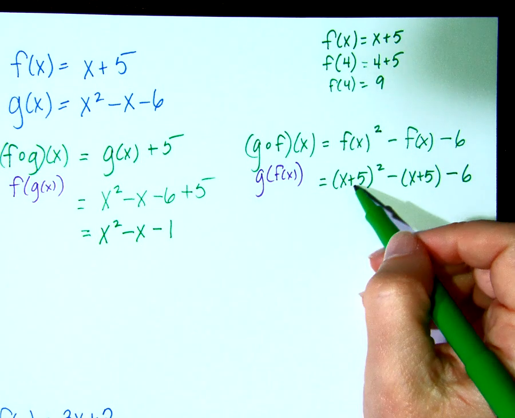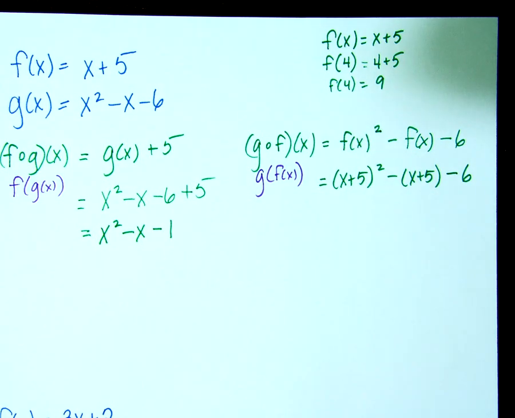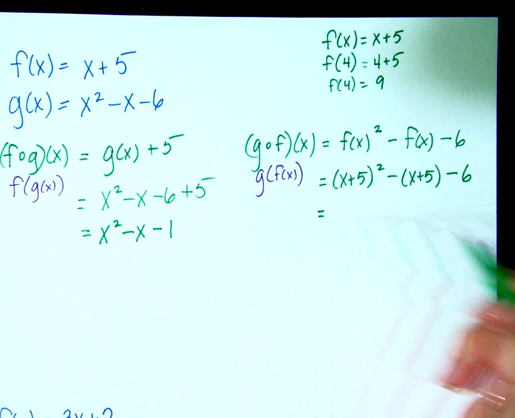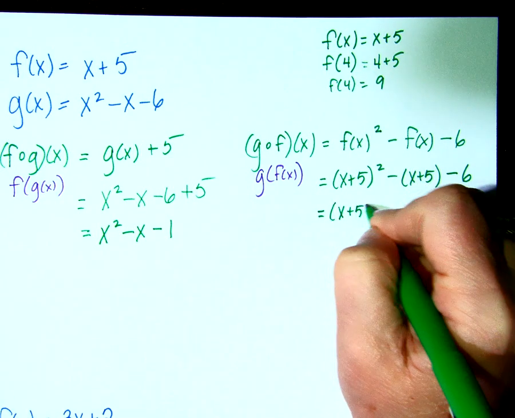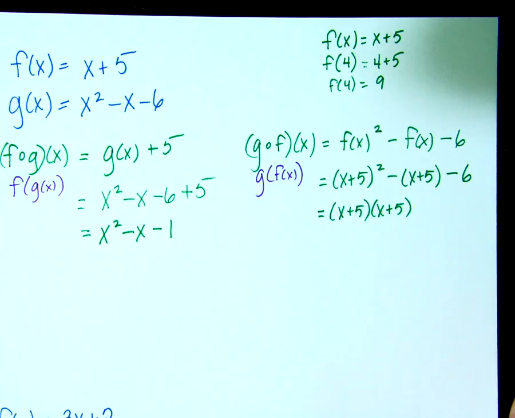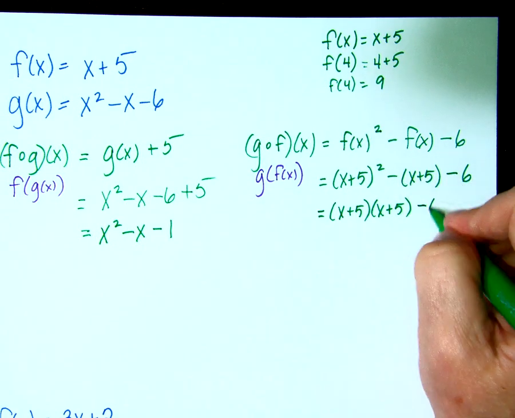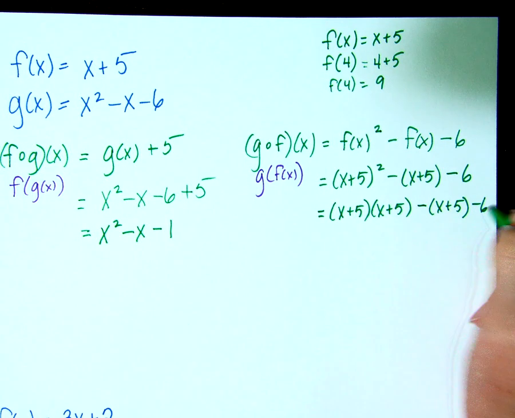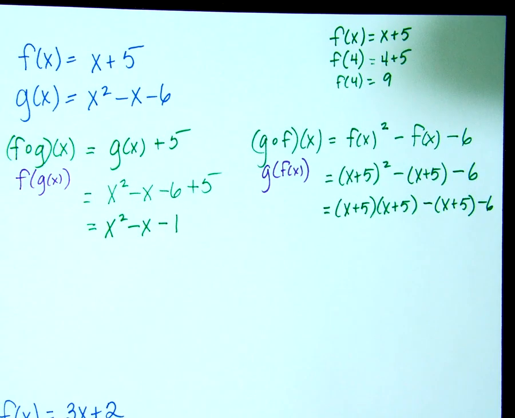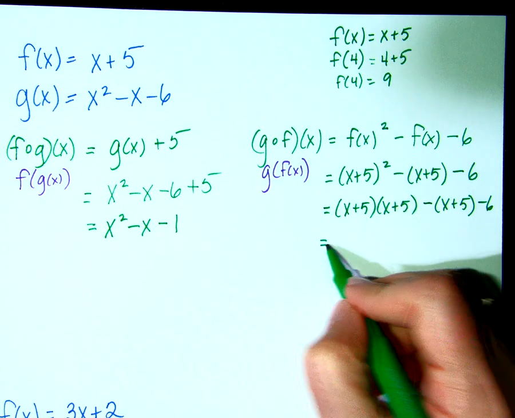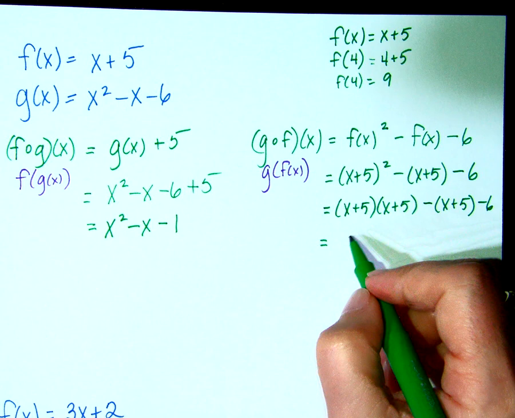What do I mean when I say x plus 5 squared? Oh, x plus 5. So you don't want me to just square the x and square the 5? No, excellent. I'm proud of you guys. So it means x plus 5 times x plus 5, right? Now I still have the rest of this stuff, so I'm just going to bring it down for now, because I'm just trying to give myself a heads up about what's going on, right? I'm rewriting stuff to make it easier. What do I need to do with these two parentheses right here? So x times x, times 5, 5 times